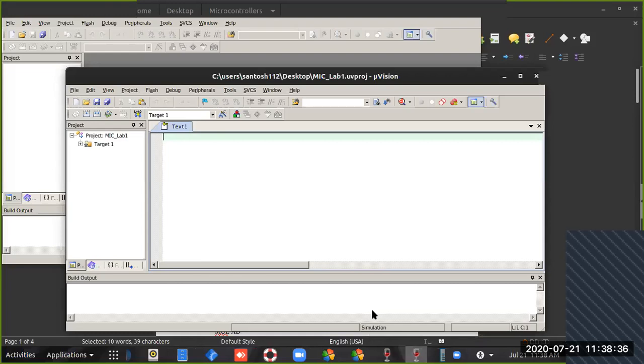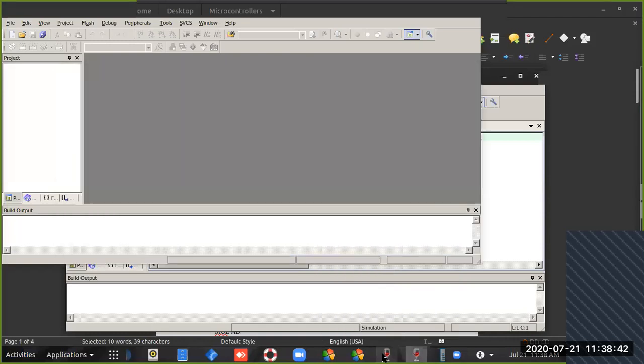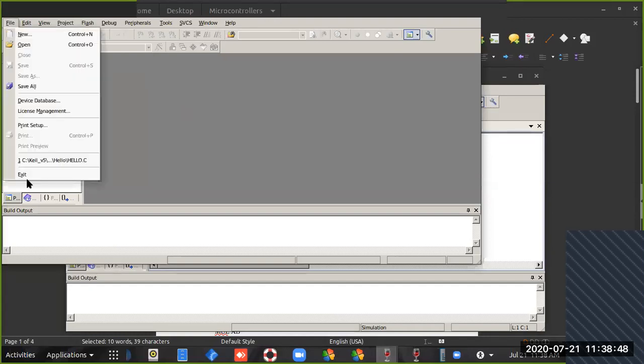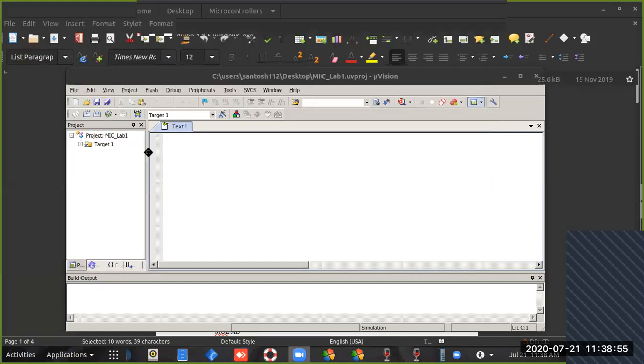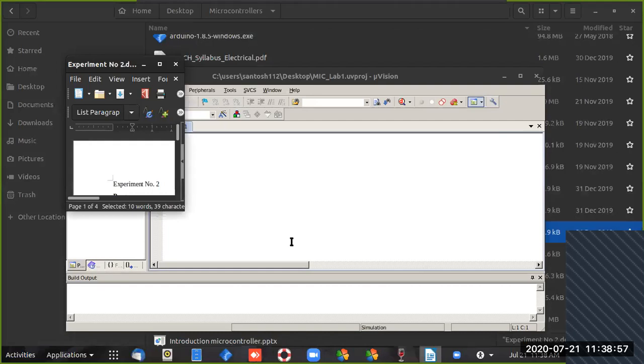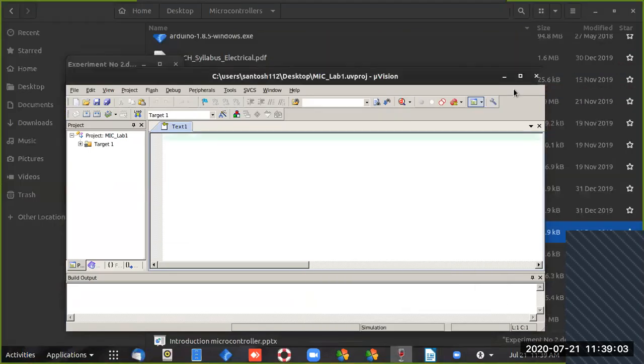And close this one so that we will not get confused. So this is our intended workspace.